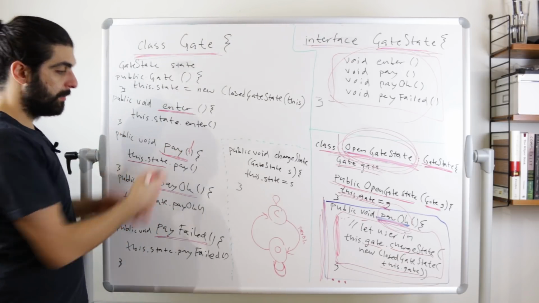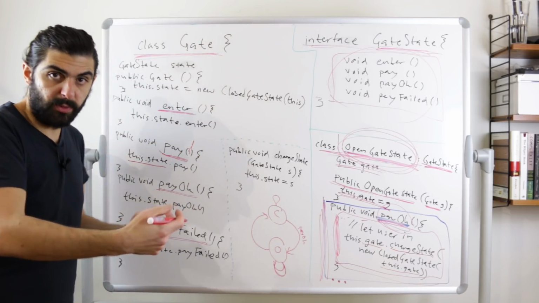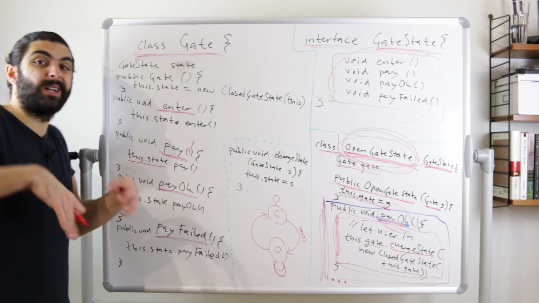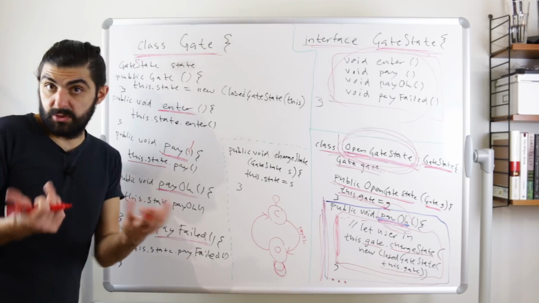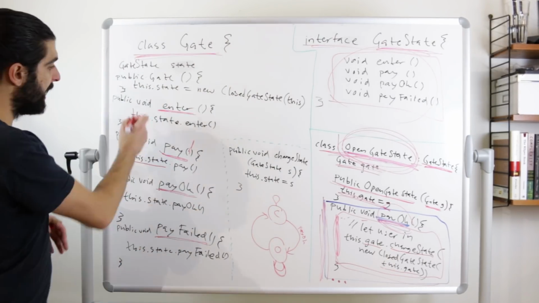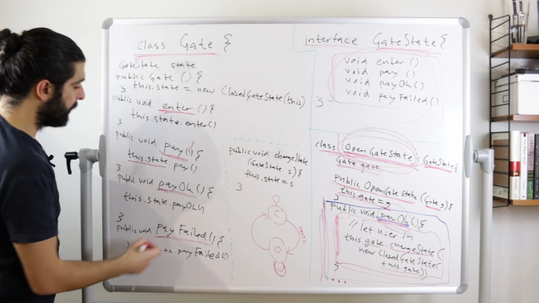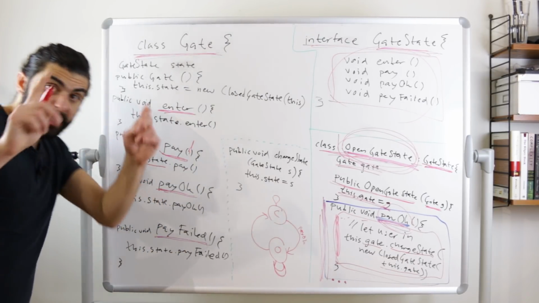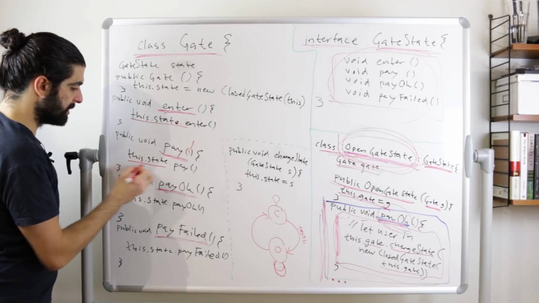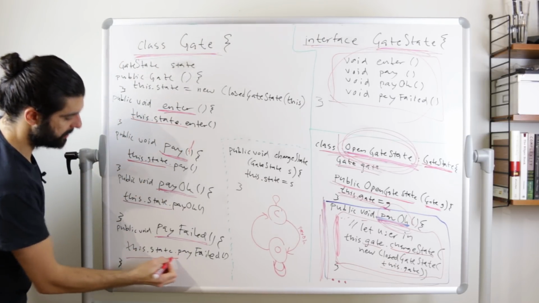So pay probably initiates the payment processor, and then the payment processor would call either pay okay or pay failed whenever it receives an answer as to whether the payment was actually paid or failed. And these four methods, enter, pay, pay okay, and pay failed, essentially have the same, in quotation marks, implementation, because what they do is that they say this.state, this.state, this.state, and this.state, dot